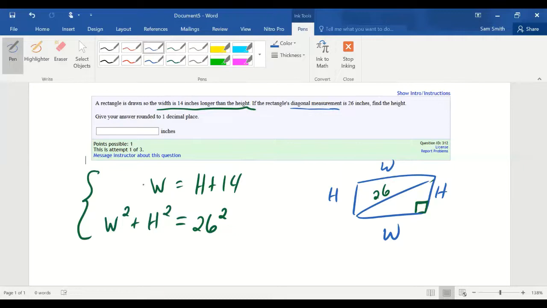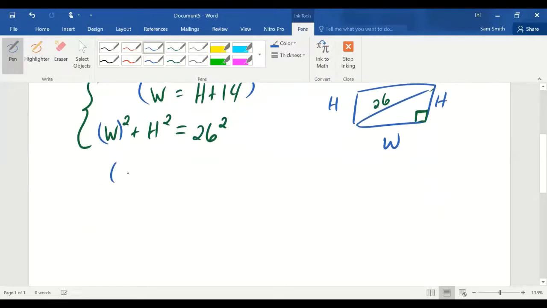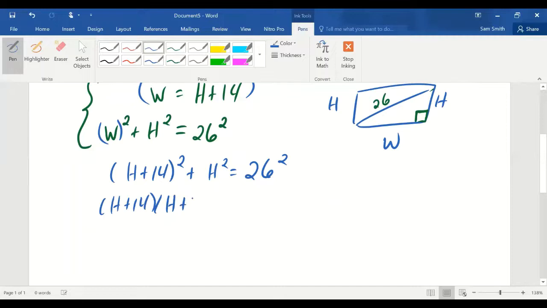All right. So here's the statement about the shape. Here's the statement about the diagonal. So let's try to substitute in for W its alter ego, h plus 14. Let's square that instead of squaring W rather. Now let's very carefully multiply this out. H plus 14 times h plus 14. Let's very carefully